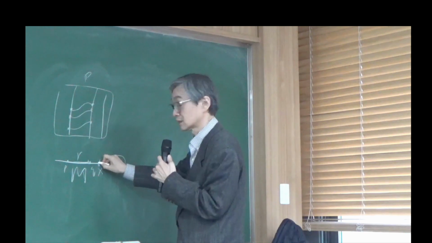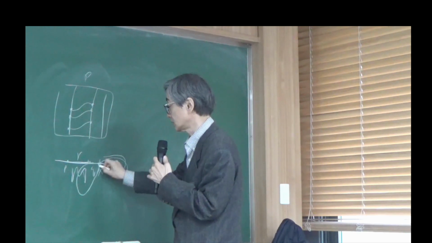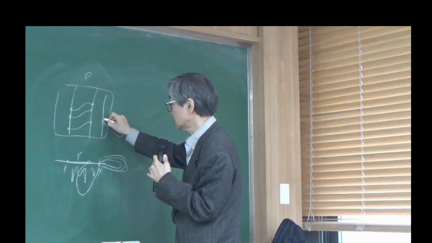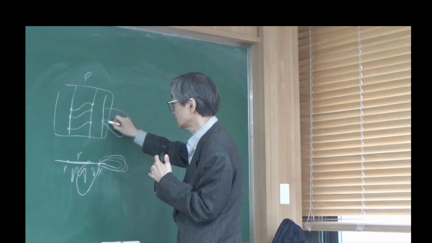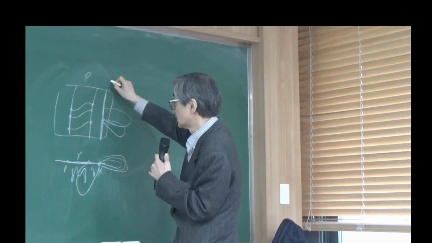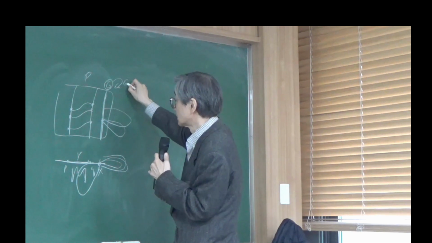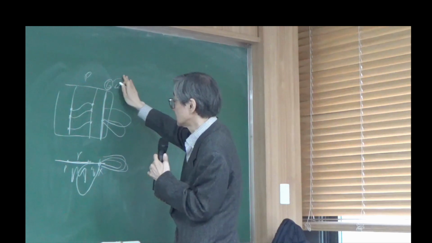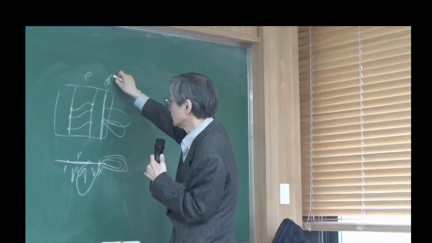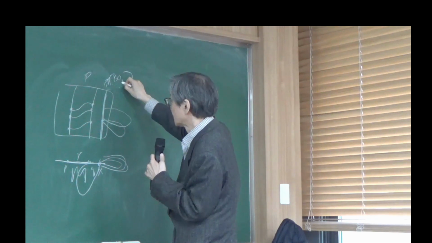Then you look at all the parallel transformations here. If you can identify this with G, you get a self map of G, or you can just look at pi_1 of M, and for any loop here